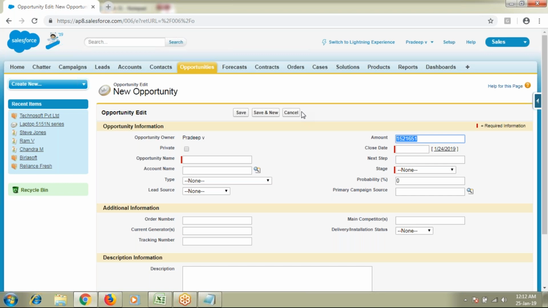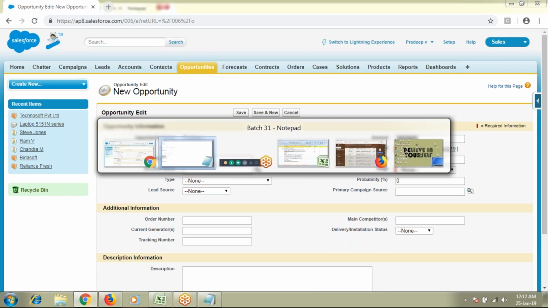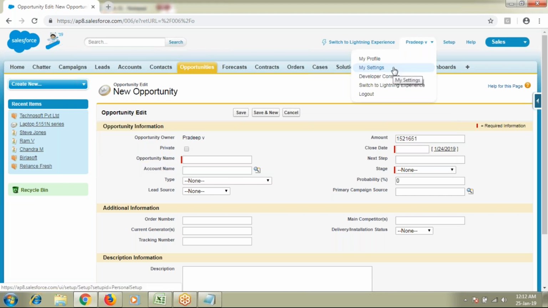Once you enable multi-currency and go to My Settings, each salesperson, based on their territory and geographical location, has to select their own currency.